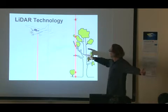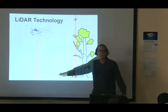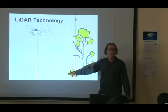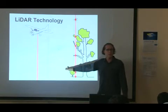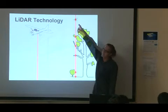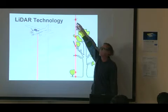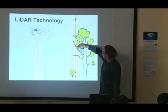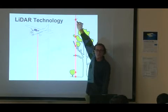Good question. So imagine there's no tree and just a parking lot. If the parking lot is black, I get 1 weak return. If the parking lot is white, I get 1 super strong return. If the pigeon is white, I get 1 pretty bright return. If the pigeon is black, I get a very weak return. But no matter the color and the reflectivity, whenever there's a first return, the next